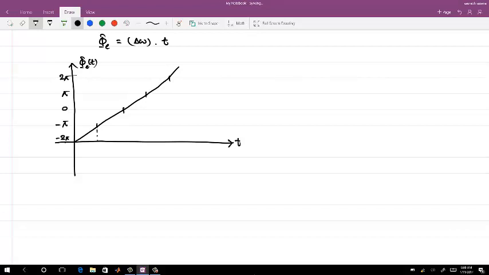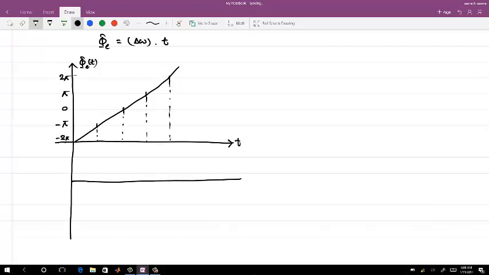And all these instants are periodic with delta omega. This is how the phase would be increasing, and the output of the phase error detector will be sinusoidal. Okay, so if that particular thing is sinusoidal, so we have,